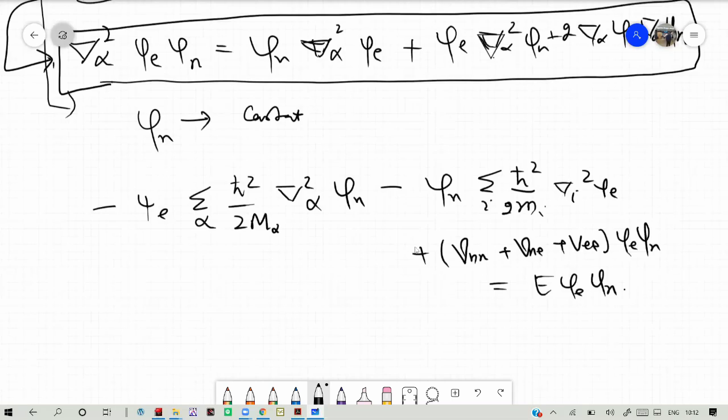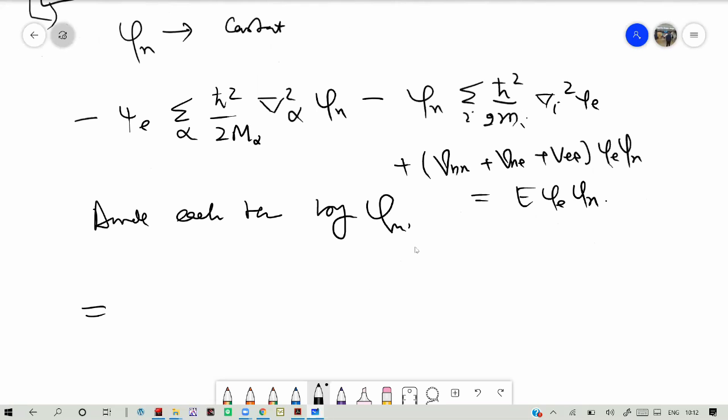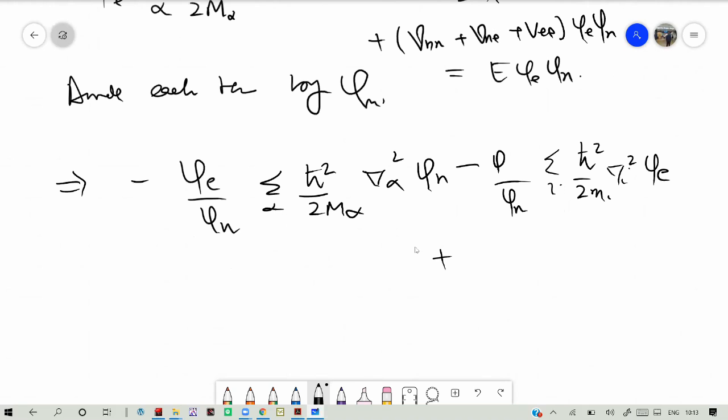Now I can do one thing, divide each term by psi n. Divide each term by psi n. So what we can write? Minus, I can write psi e by psi n, minus psi n by psi n, plus